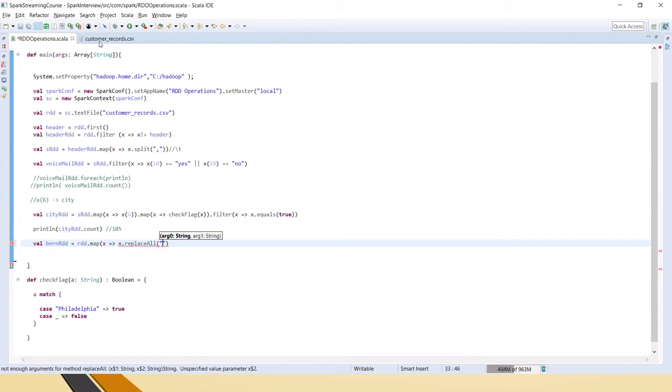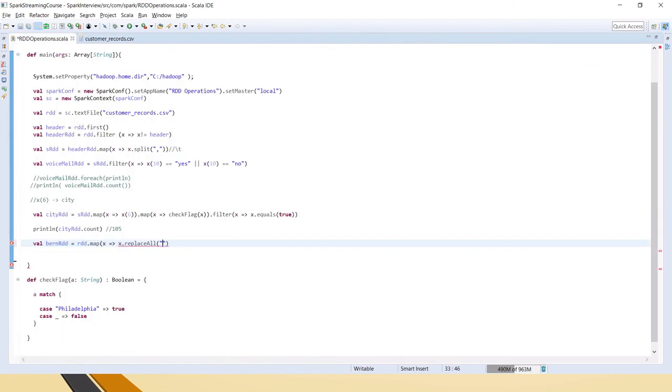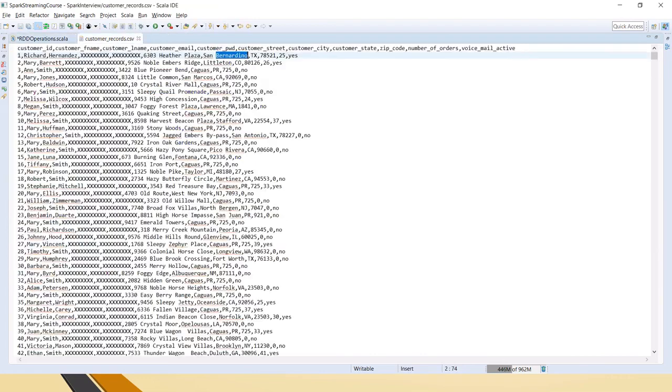So let me copy from here so that I don't make any spelling mistakes. So wherever Bernardino is there, make it BRND. Clear, friends? And close brace. And because I wanted to see the output, I am taking only the first 10 records.